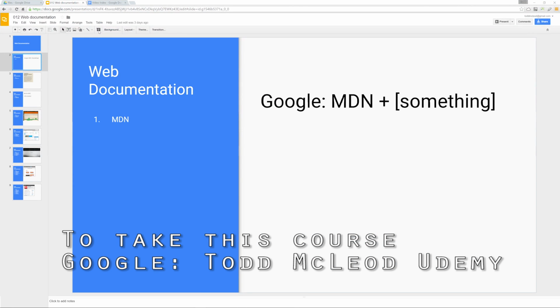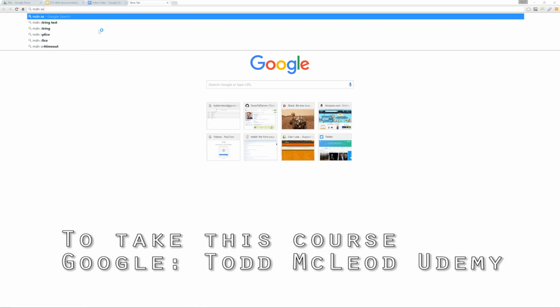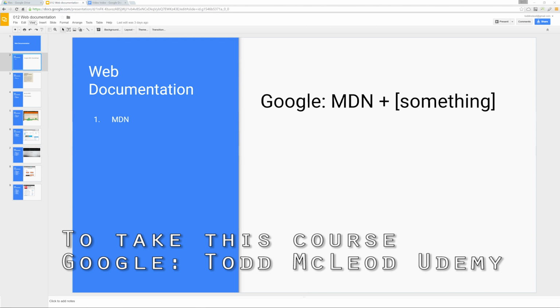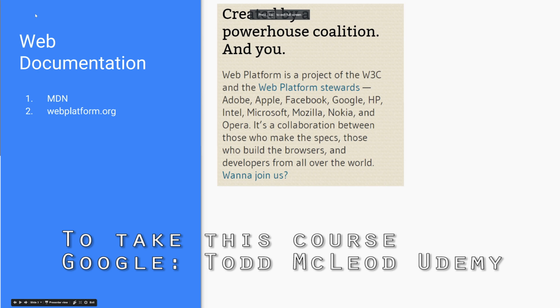So for instance, and I think I've showed this once before, I might type in MDN section or MDN header, right, to see what does MDN have to say about the header element. And that's how I do it. So that's the first place you go for documentation, MDN. The next place, which isn't really a place I go to at all, but it looks promising and it might become something in the future, and I just want to put it on your radar, is